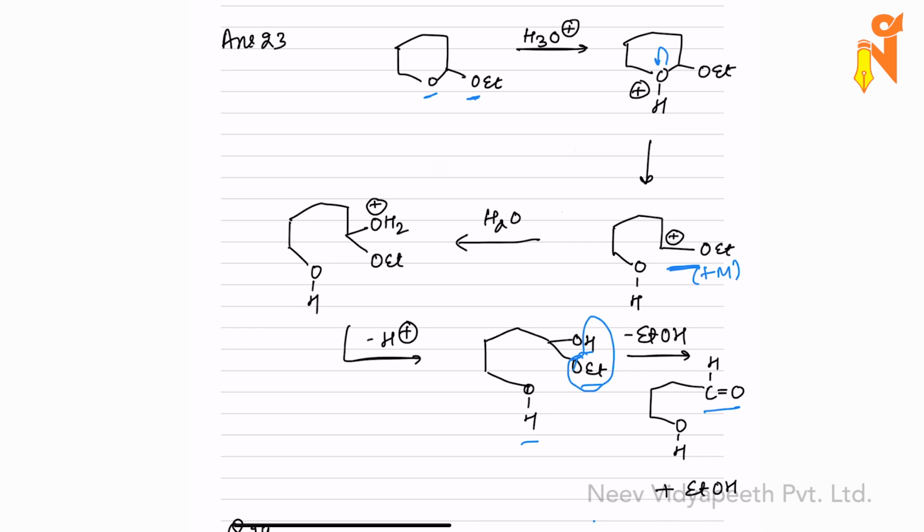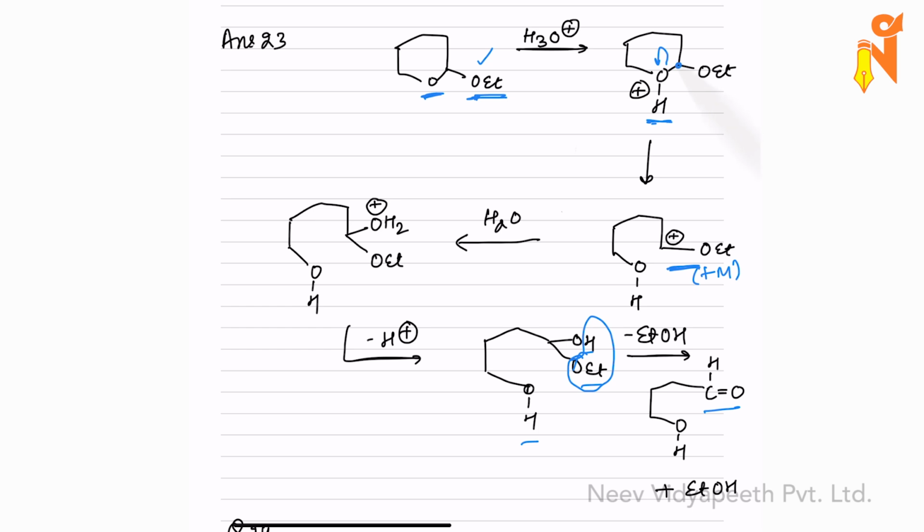So in this case, I have oxygen and I have OEt. And let's suppose H plus attacks on this oxygen over here. Now it can attack on this oxygen also. Either way you do the reaction, it will happen in the same manner. I have just put H plus here because I feel this is a more electron dense oxygen as compared to OEt. That is the reason why I have put H plus over here. So when you do that, oxygen will gain a positive charge.